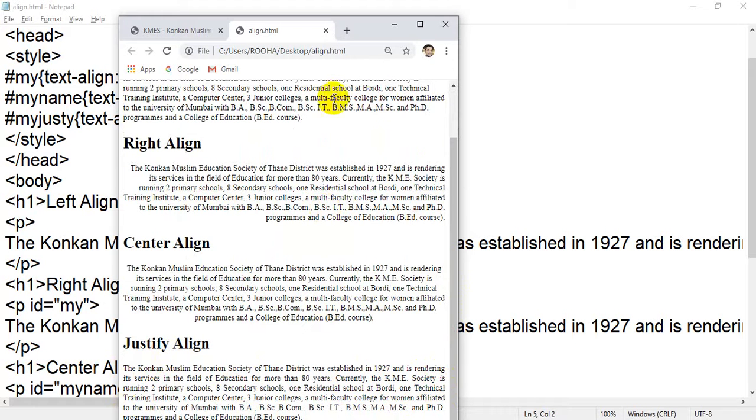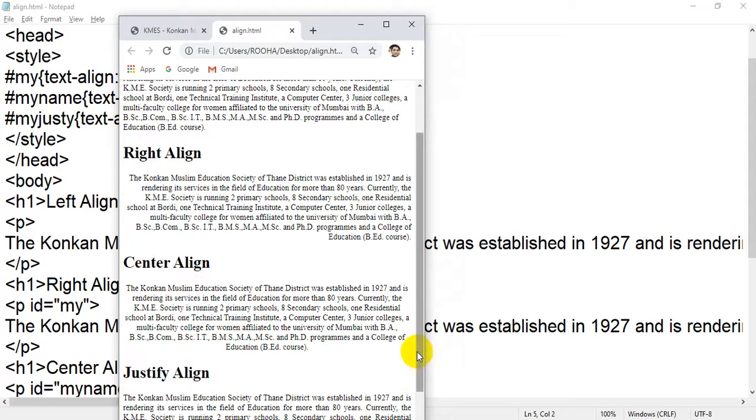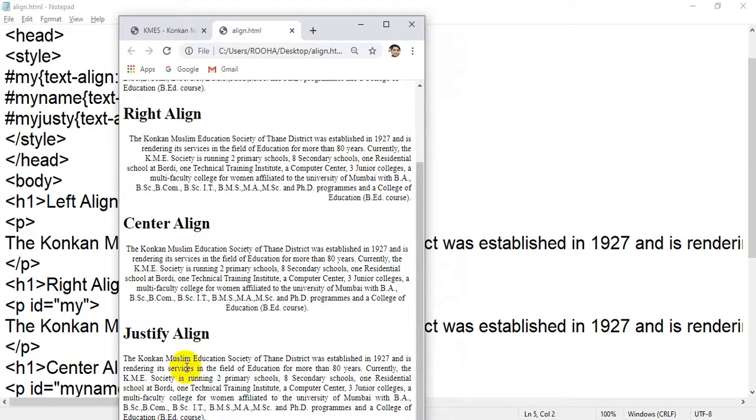Left is not aligned from right, but justify means it will auto adjust from left as well as from right.